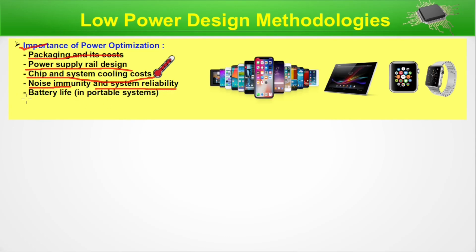Now battery life, we have discussed it in the first episode of this series. These are all examples of portable systems: smartwatch, tablet, mobile. If we do not optimize the power, unnecessary power dissipation will impact the reliability of the product. These devices are designed to work for a long time on battery. So if power dissipation is higher, the user is required to charge it frequently. That is not desirable in a portable system. So battery life is another point. These are the points for which power optimization is most important. It's so impactful that we need to optimize the power.